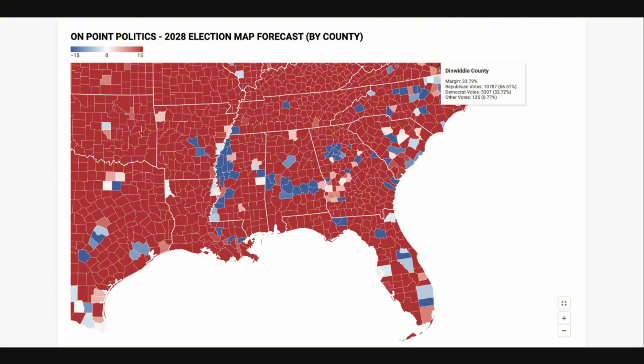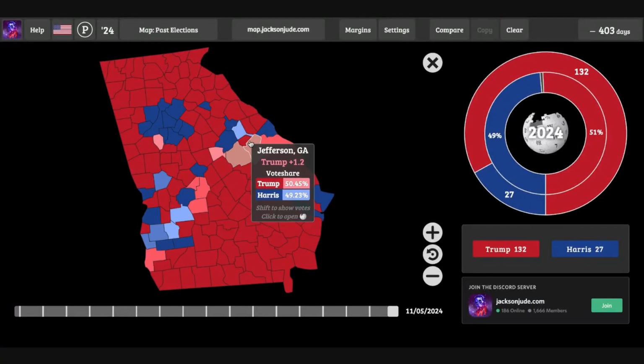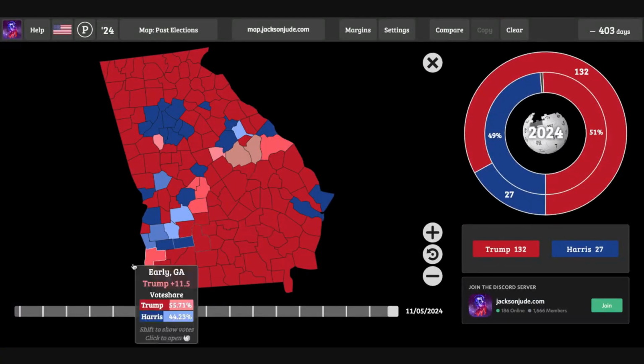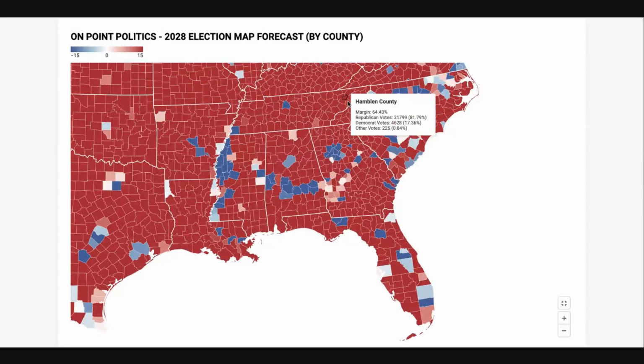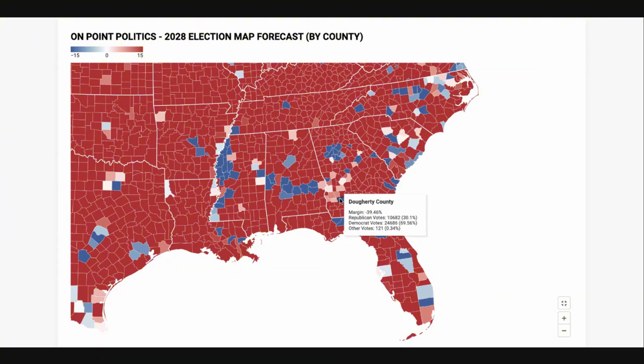So if you look at the state of Georgia, for example, you're going to notice very quickly that there is a pretty significant amount of blue around here, right? There is a significant amount of blue counties in Georgia in this kind of Bible Belt area. But if you look at the state here, you actually see that a lot of these counties end up completely shifting away from Pete Buttigieg.